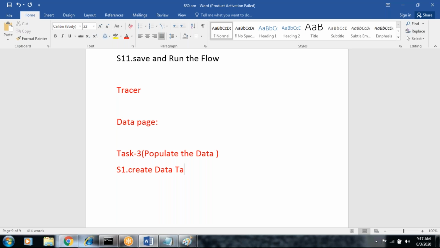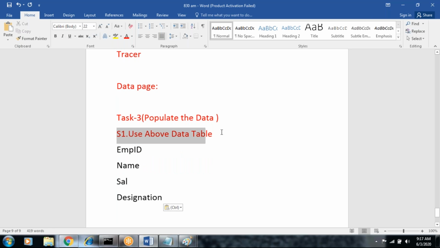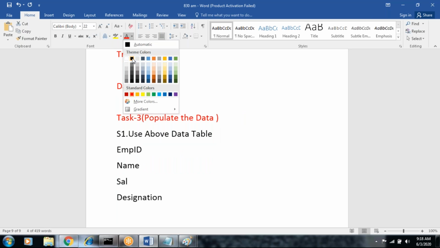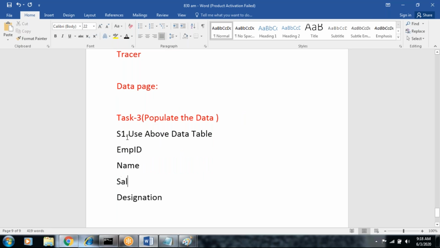What are the properties in the data table? These are the columns. That's fine. I'm going to use this data table only.